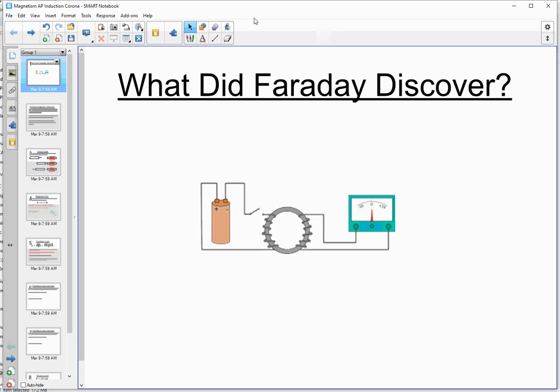All right, today we're going to learn about an incredibly relevant topic. It is the phenomenon that's responsible for almost all of the electricity you use in a given day. It's known as electromagnetic induction. Well, Michael Faraday, a famous physicist from England, discovered that when you, let me grab my red pen,